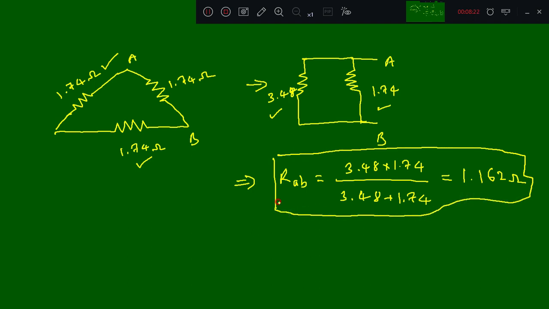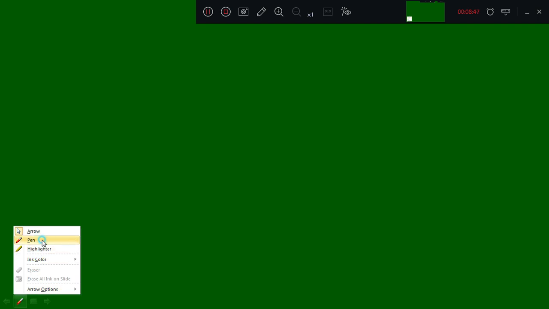Okay, so this is the one problem. It was asked for some 10 marks in the final exam, so try to solve this. And one more homework I want to give you. Please try to solve this homework that I will draw on the next page. You can note down this and solve it as homework.